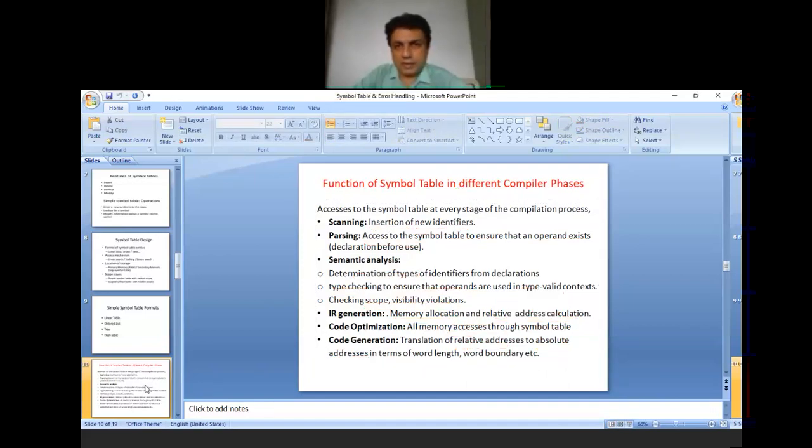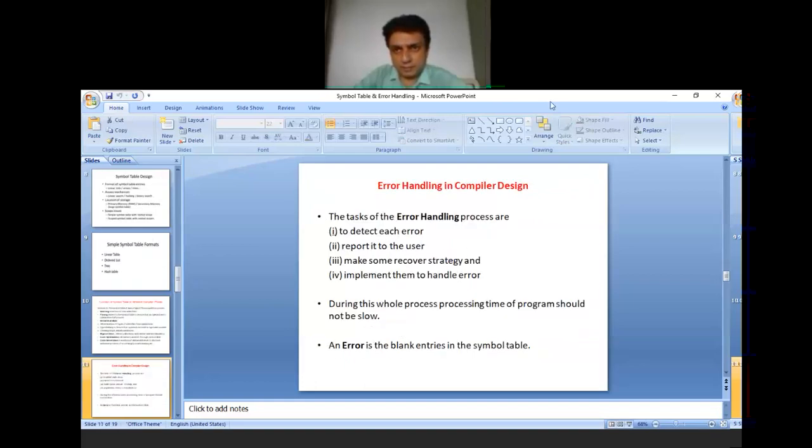Now error handling in compiler design. The tasks of the error handling process are first to detect each error, to report it to the user, to make some recovery strategy after finding the error, and then to implement them to handle the error.